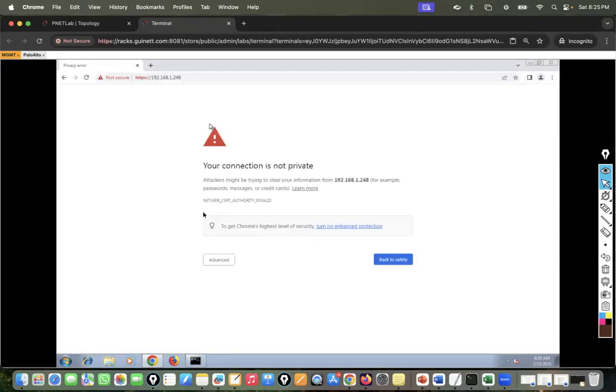Once you do this, it is going to prompt a window like this. Go to advanced and proceed with unsafe. It's just a certificate warning, so just ignore it, it's normal. Now if I log in with admin and the password which I set,